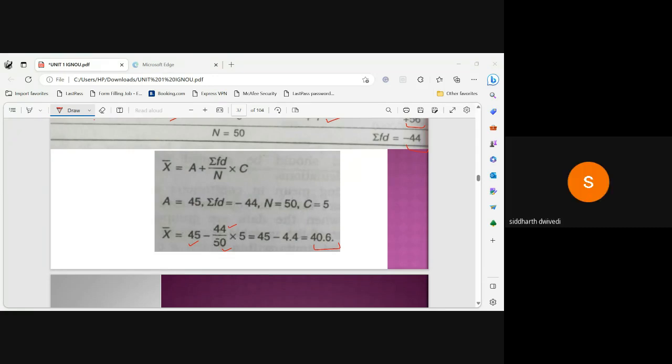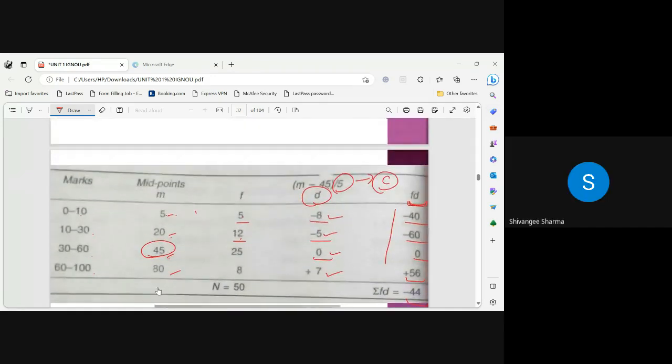मैम ये सी वाला एक बार फिर से समझा दीजिए, जैसे हमने 5 लिया है, वो 5 ही क्यों लिया है बेसिकली, फिर से समझा दीजिएगा। यस यस, एक मिनट बेटा। 5 इसको ना मिड पॉइंट्स में से आपको एक कॉमन फैक्टर लेना होता है, राइट? तो यहाँ पे जितने मिड पॉइंट्स हैं उन सब में से आप क्या कॉमन ले सकते हो? देयर इज 5, 20, 45 एंड 80। एक तो आप 1 कॉमन ले सकते हो, पर उससे कोई फायदा नहीं होगा, क्योंकि ये वैल्यूज 5, 20, 45 एंड 80 ही रहेंगी। ओके, तो यहाँ पे इन्होंने 5 कॉमन इसलिए लिया है बिकॉज 5 से आप सारी वैल्यूज को डिवाइड कर सकते हो।